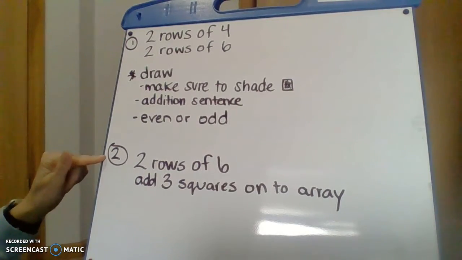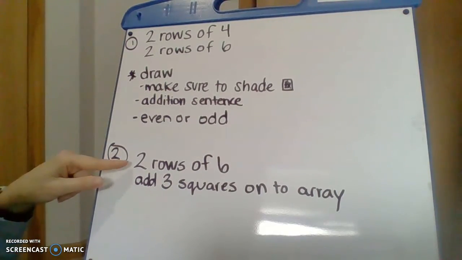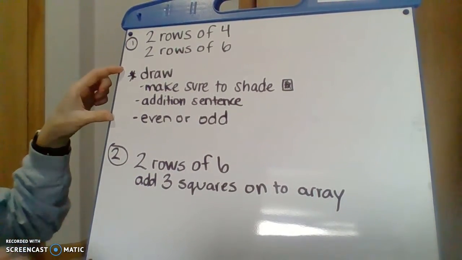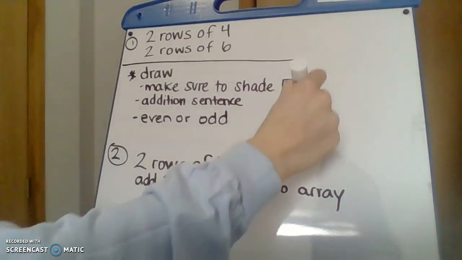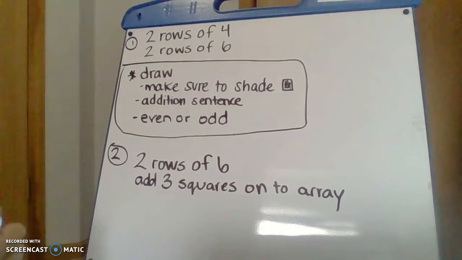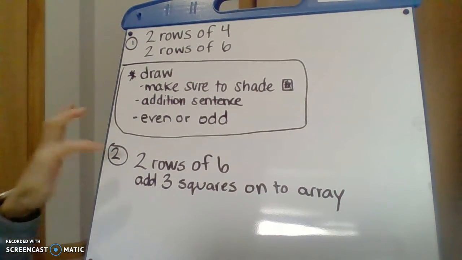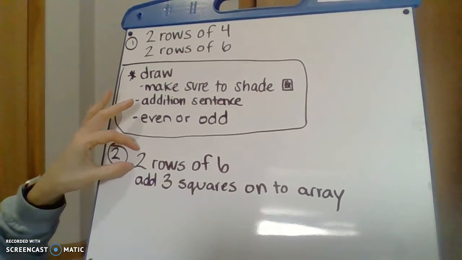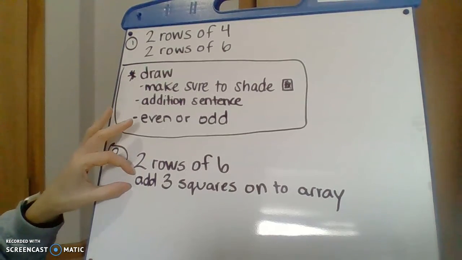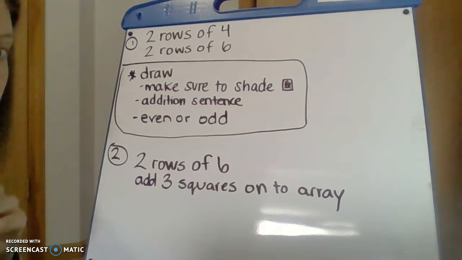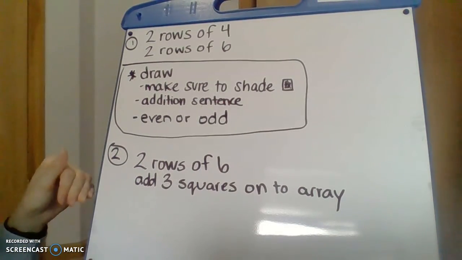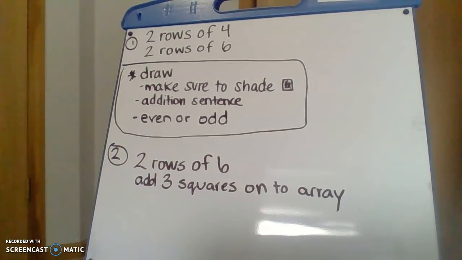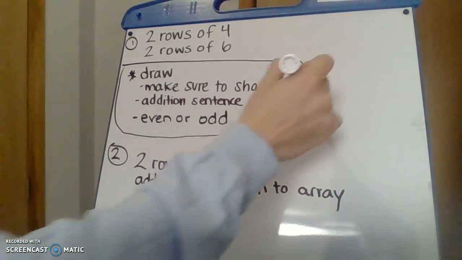And then number 2 is you're going to do 2 rows of 6. So you're going to draw that out. You're going to follow these directions each time. So draw that out. And then you're going to add 3 squares onto this array. So after you draw the 2 rows of 6, then you're going to add the 3 squares on the array. Remember, you can always pause your screen to get this information down. Write it down on a piece of paper so you have it. Send it to your teachers, and always go on